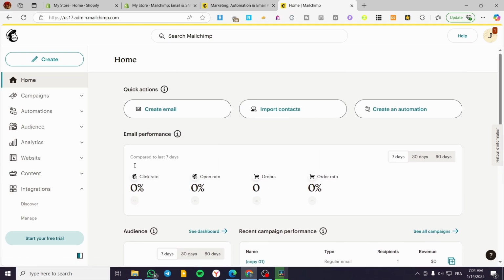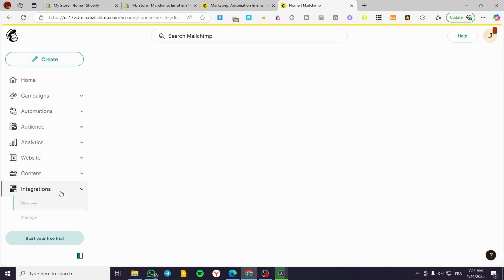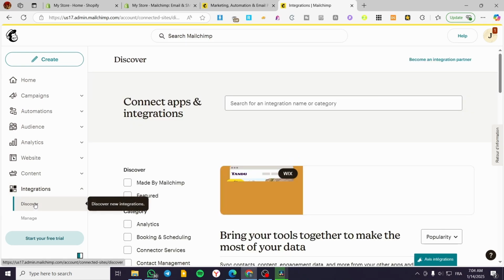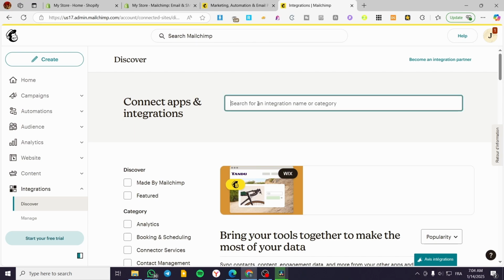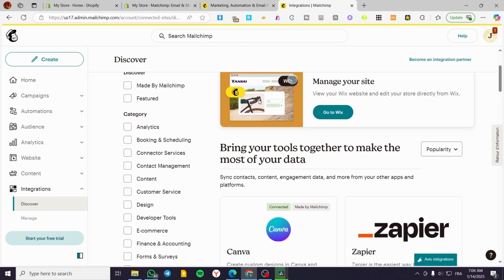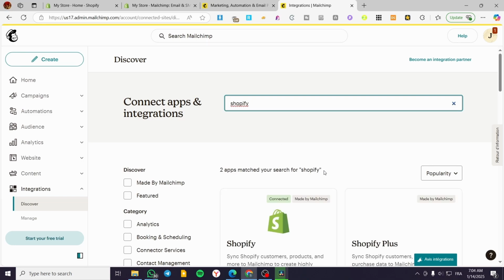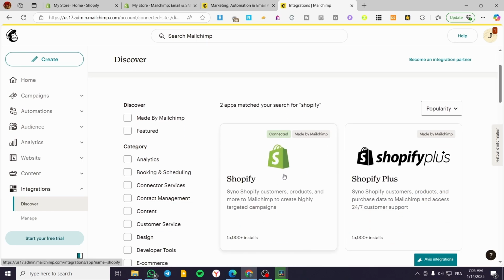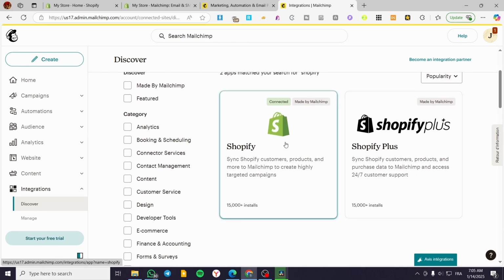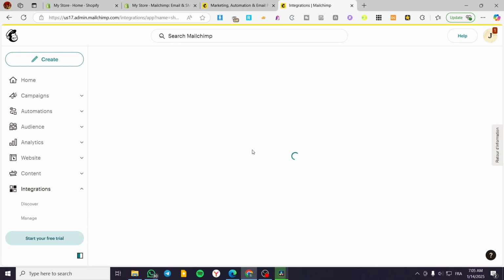Then from the dashboard of our account, we are going to head over to the left side of the screen. This is the main menu, as you can see. We're going to head over to integrations. From here, we're going to click on discover. And what I am going to do is click on the search bar and type in only Shopify. As you can see, this is Shopify and Shopify Plus. We only need the Shopify one. So I'm going to click on it, click on get started,